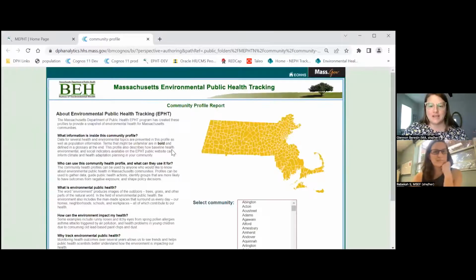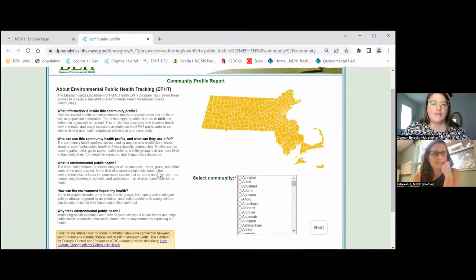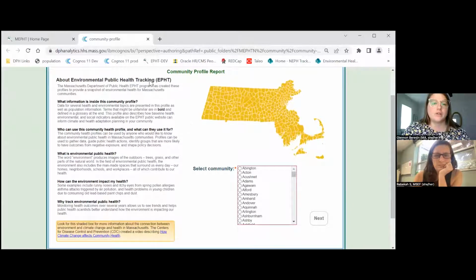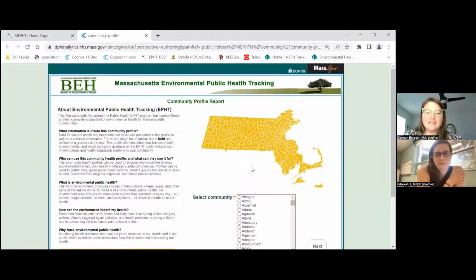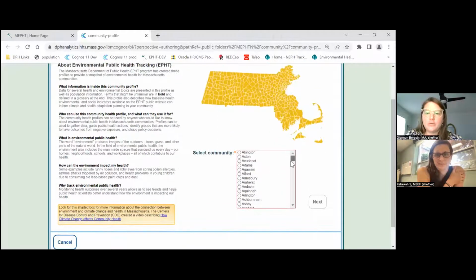And so this might take a minute to load, but you'll get this introductory page. You'll have a little bit of an FAQ about what this is, but essentially it's a snapshot of the data that we have available that we kind of cherry picked for the purpose of showing the data for a particular city or town. Sometimes it takes a minute to load because things are working on the back end.